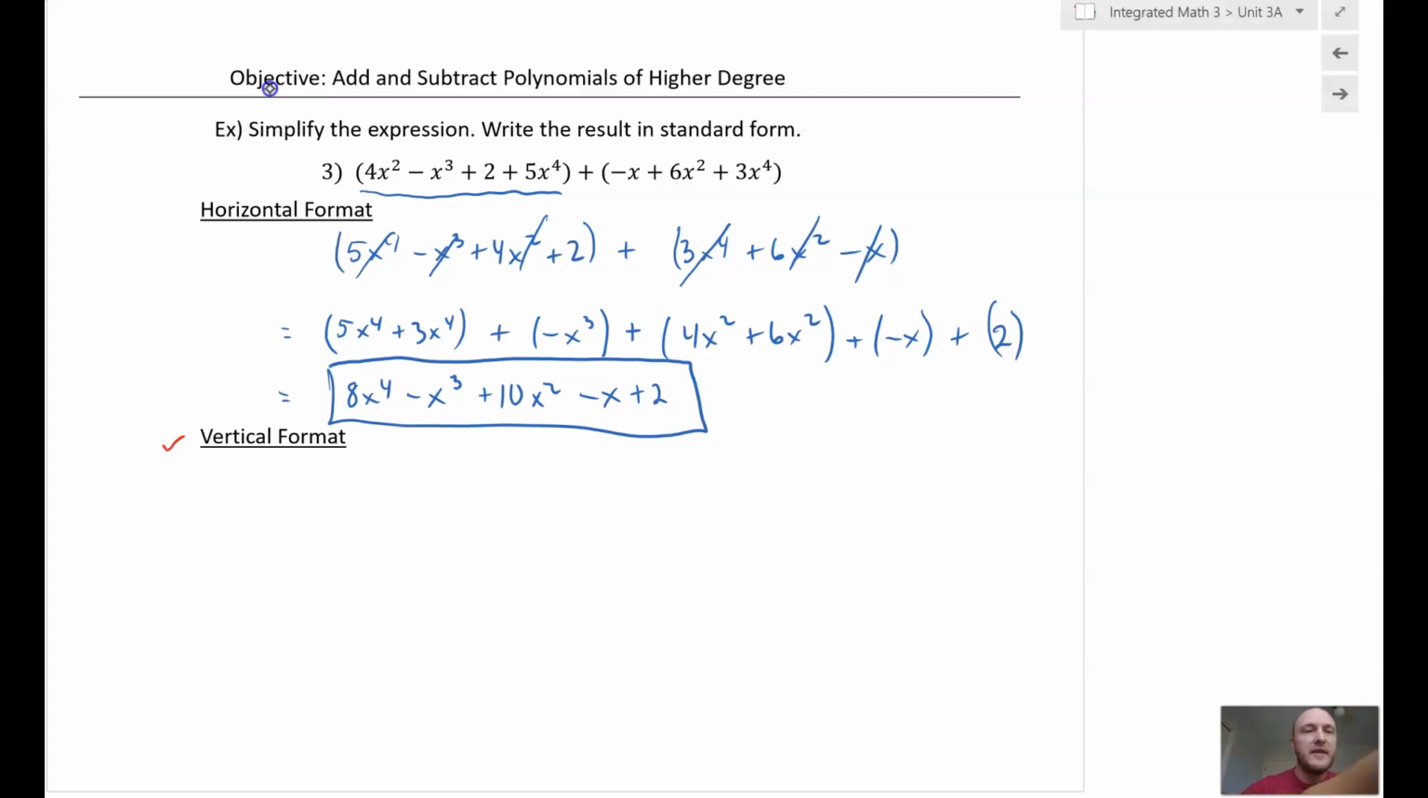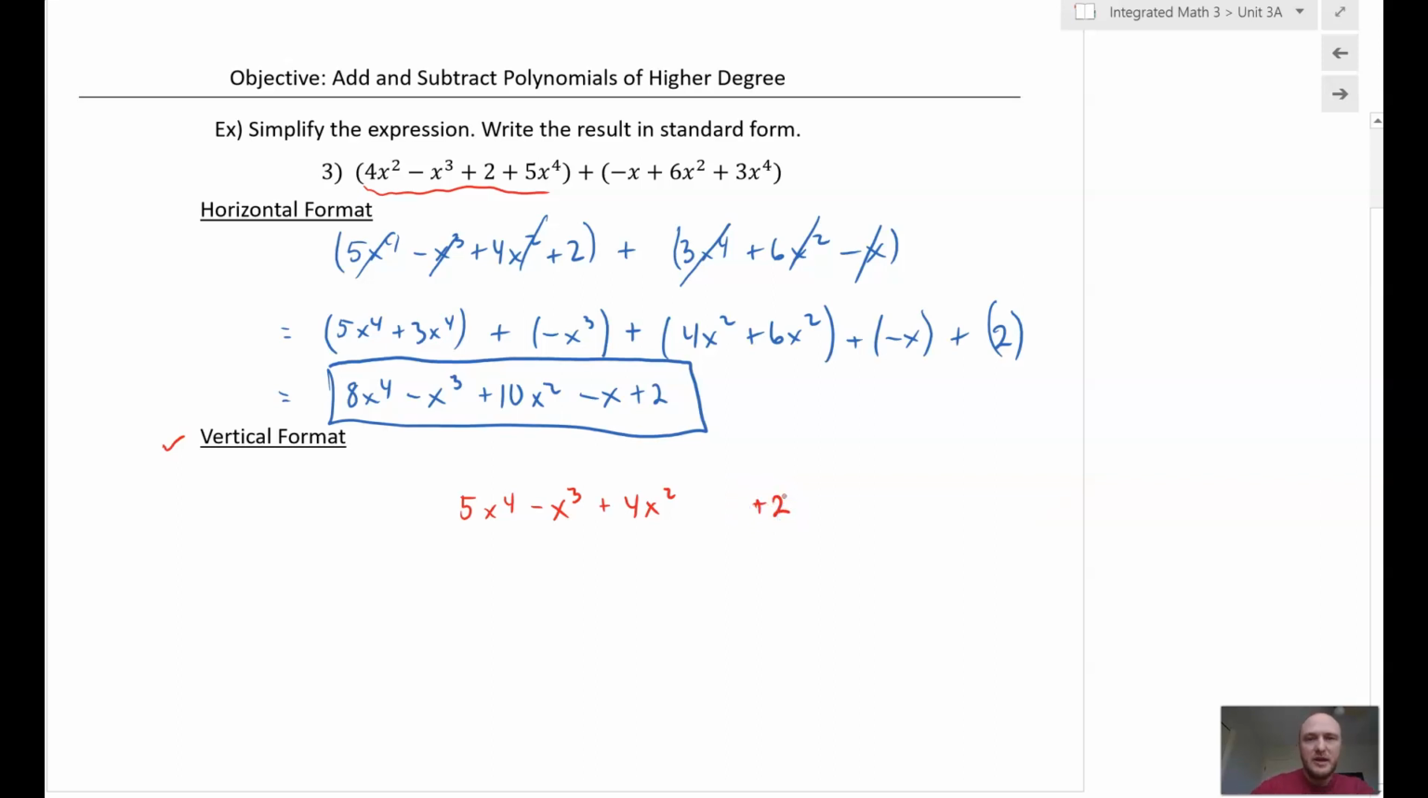All right, now I'm going to show you the vertical format, which is the format that I like better. The reason I like it better is I think it saves time, at least the way that I apply it. So again, I take my first polynomial and write it in standard form. So I have 5x to the fourth minus x cubed plus 4x squared. And I'm going to leave a space because I don't have an x to the first term,